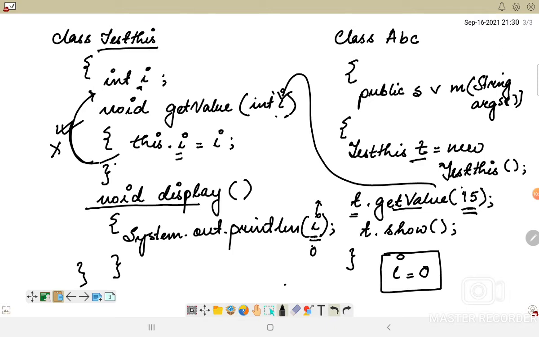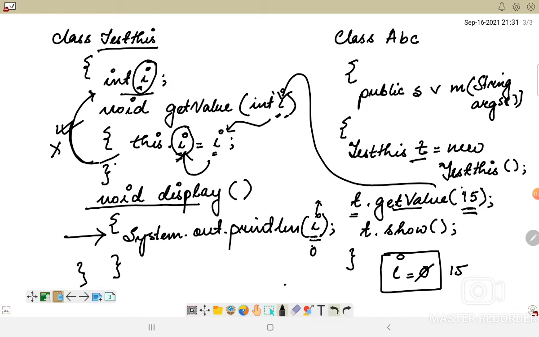So hence this I basically refers to this particular I that I have already given. Okay, so even though I am using the parameter as I, the argument variable as I, it will definitely be stored here first in I, and after getting the value, it will be stored in I. However, this I will now be referring to the instance variable which is declared. Now, after the instance variable is stored with the value which I am getting, which is 15, this particular display method will now be giving me the answer as 15.